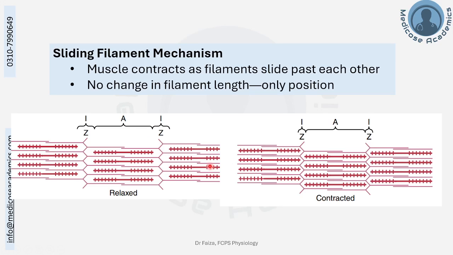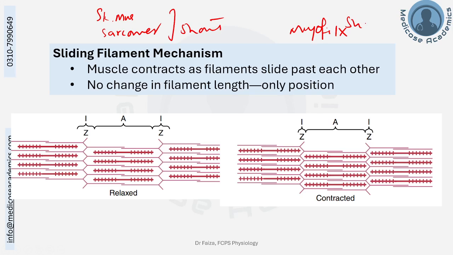Here it is essential to appreciate that skeletal muscle contraction, as a trigger, leads to the shortening of the sarcomere, but the myofilaments do not shorten. When skeletal muscle shortens, the sarcomere shortens, but the myofilaments, that is the thick and thin filaments, do not shorten. Rather, they slide past over each other.